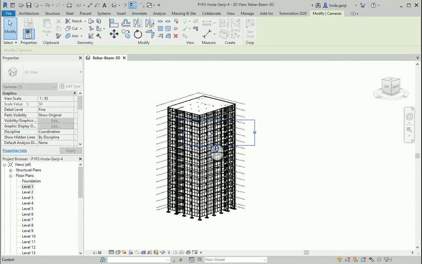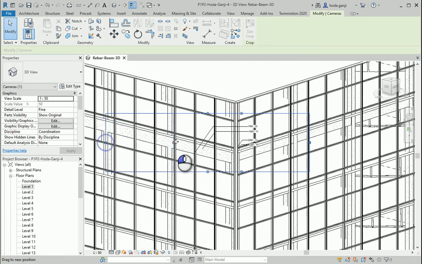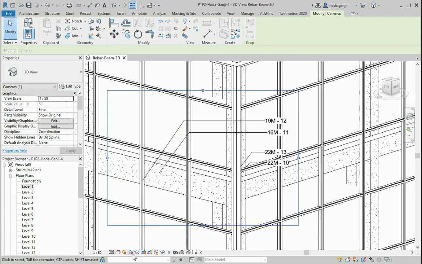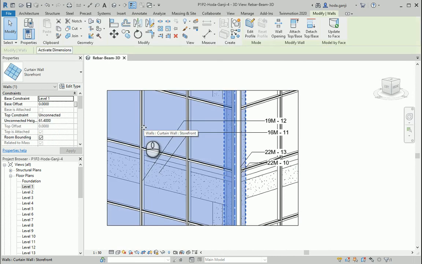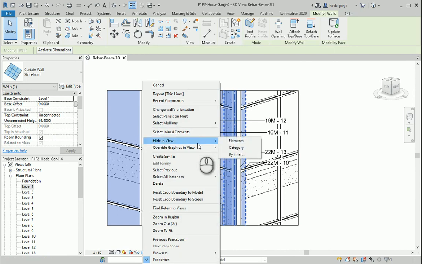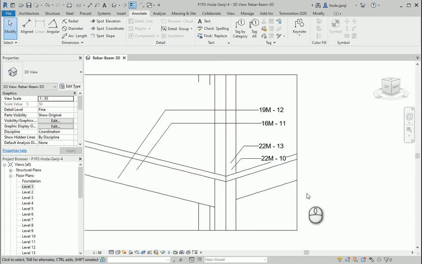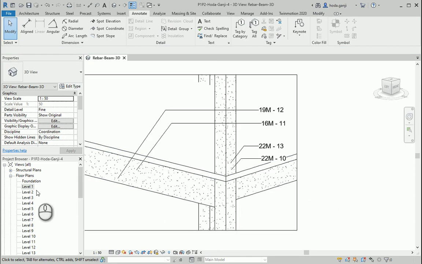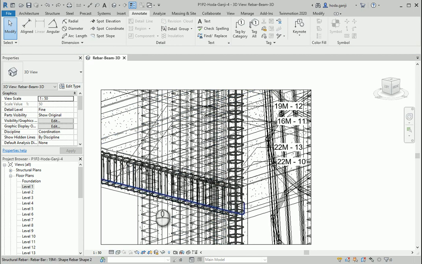And you need to hide the elements permanently if you want to consider this as one of your details. So let me limit this to this area. I want to actually crop the region from here, and now I need to select these other elements, and you shouldn't use this glasses icon, but you need to right click and hide in view by category from here actually, so next time we open Revit they're not going to show in here. Finally, I need to change this back to wireframe, and you need to hide all the other elements, or